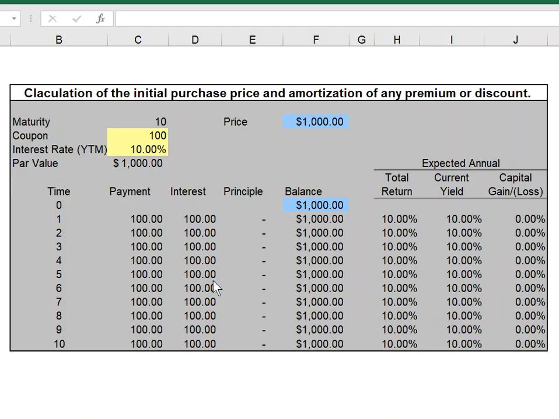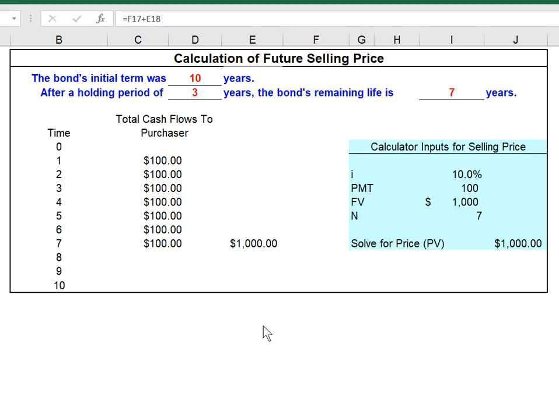Let's go back to our bond sold originally at par value. Let's say we hold the bond for 3 years. We're expecting to be able to sell it in 3 years for $1,000. And we could simply calculate the selling price in 3 years by putting in a 10% interest rate, $100 the coupon, the value at maturity, the 7-year remaining life, and solve for the present value. So the bond's future selling price is exactly what we had anticipated, so we don't have a gain or a